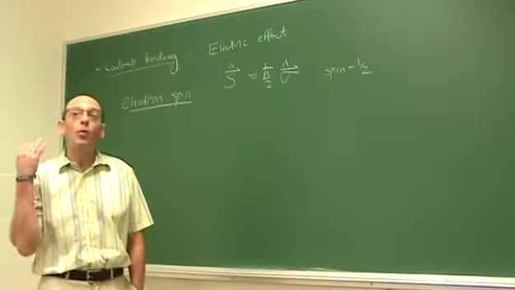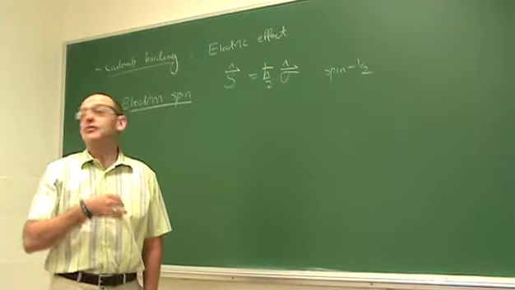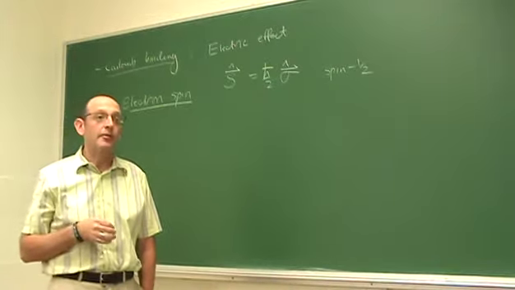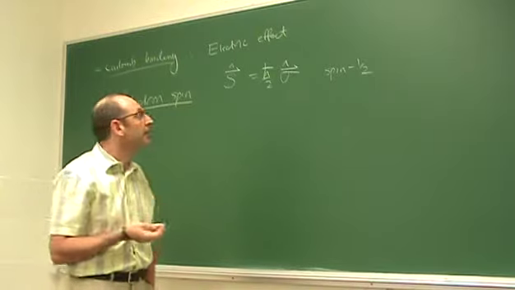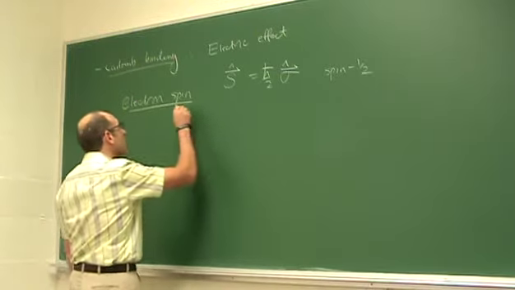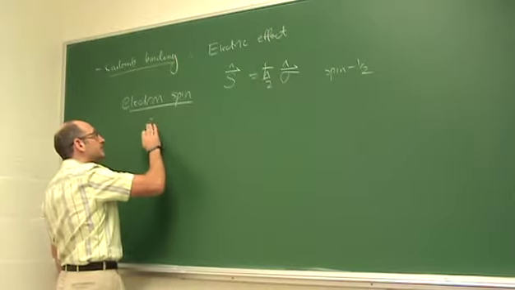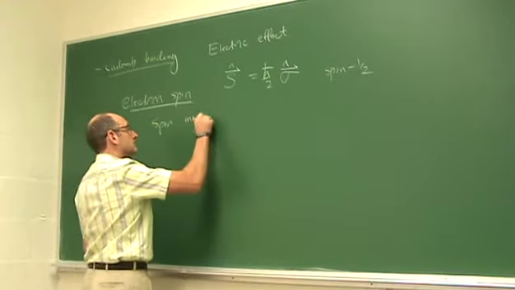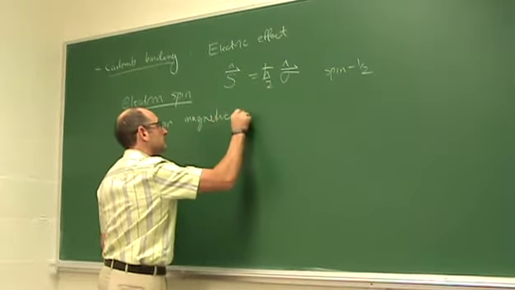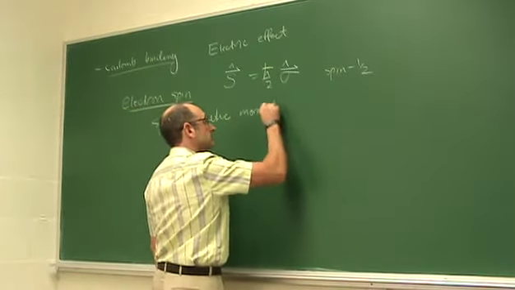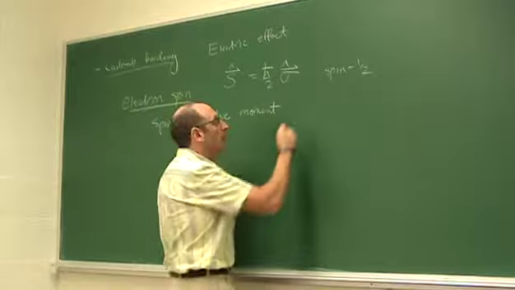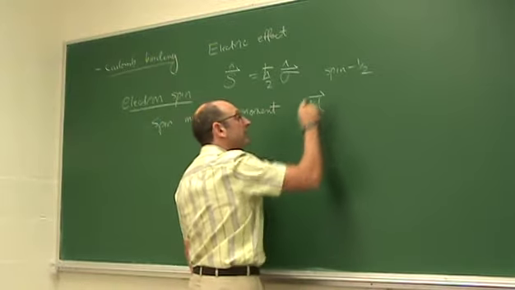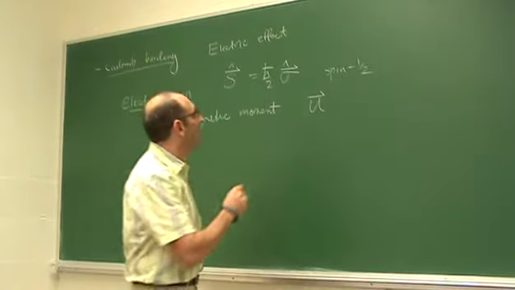But if we're talking about 1 electron, then there's no exclusion principle to worry about in terms of identical particles. But there is the effect of the fact that we have an intrinsic magnetic moment. So the spin of the electron has a magnetic dipole moment,